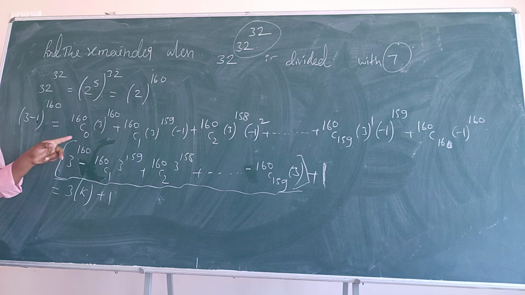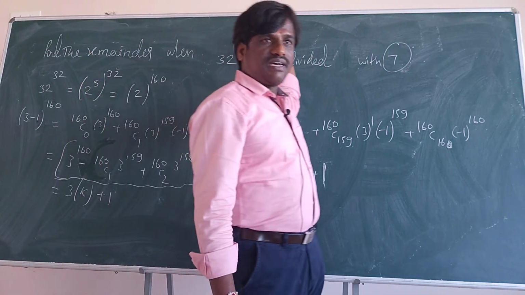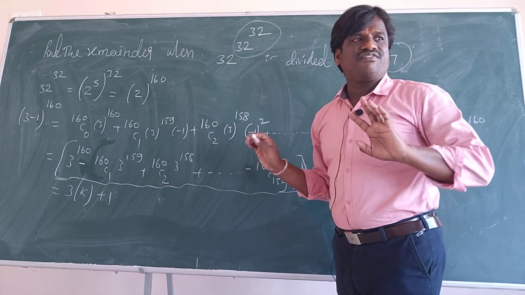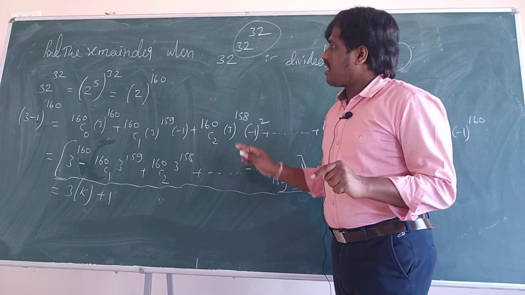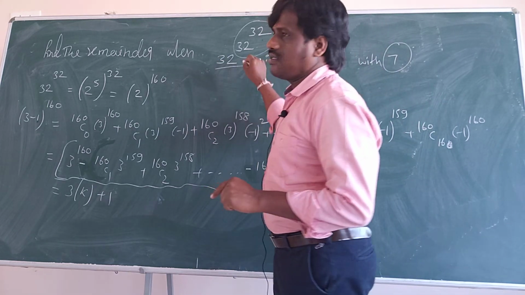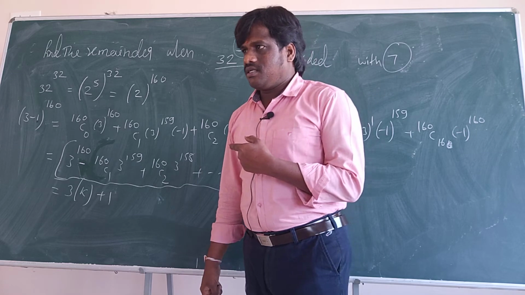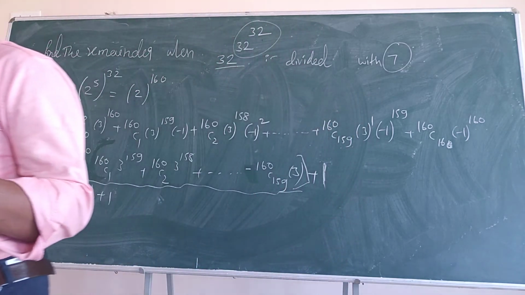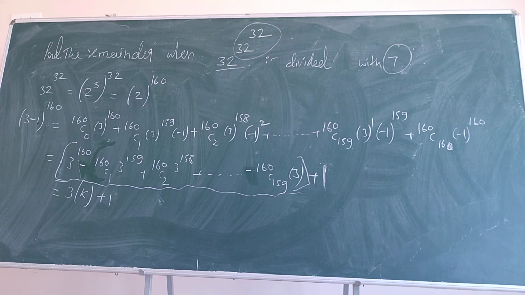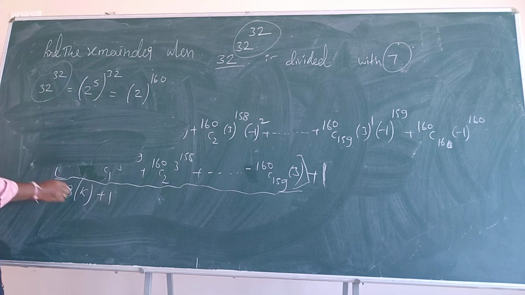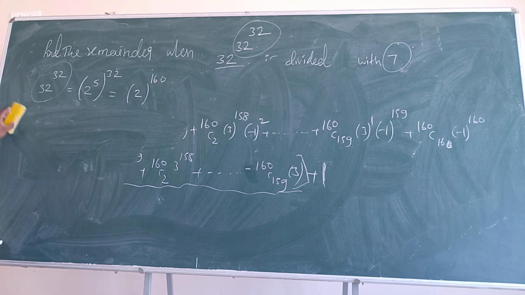He did not ask whether it is divisible by 7 for this one, so no need to do it for 7 here. So you got a format now. Now this format we will use to get the remainder. Till now you understood what I said? Please note down. I will explain. For this power you got the form 3k plus 1. Now I am going to use that one.